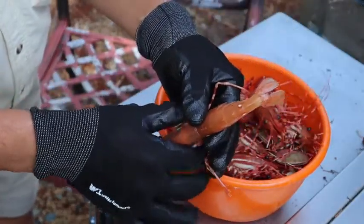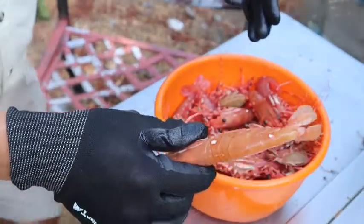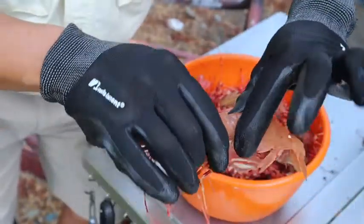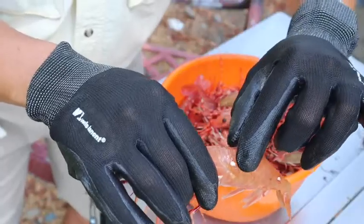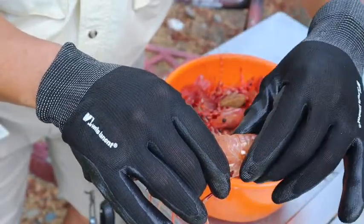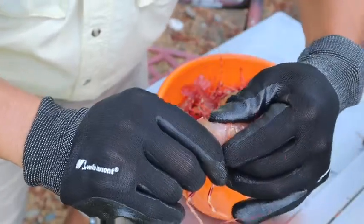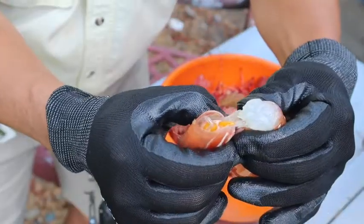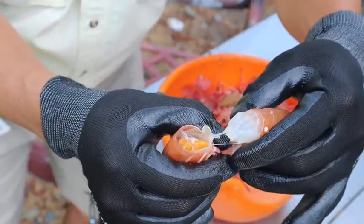The next part of the cleaning process is to grab the thorax with one hand, usually your dominant hand, and the tail just behind the thorax with your second hand. So, like that. There are 2 little spots here on the shell, that's why they're called spot prawns. I usually just grab them right above the spots. Then you give a little twisting motion, and you separate the body from the tail. And as you pull slowly,